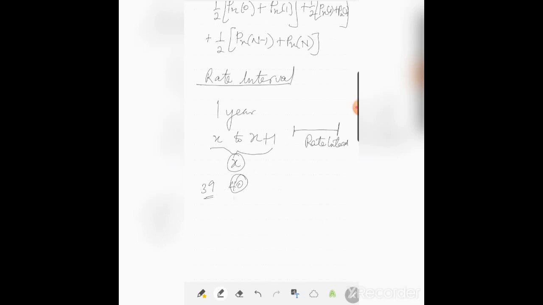So it could be 39 and one day to 39 and 364 or 365 days. So the rate interval that we're applying here is x minus 1. The current age is anywhere between x minus 1 to x. So that is the reason the rate interval that is applicable for this definition is x minus 1,